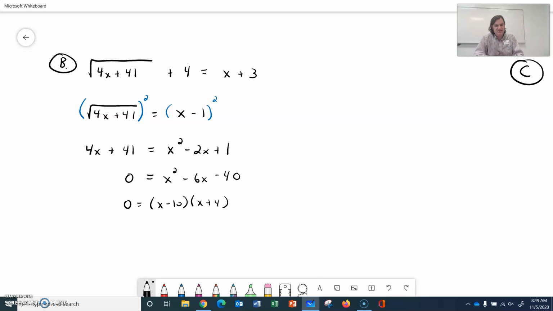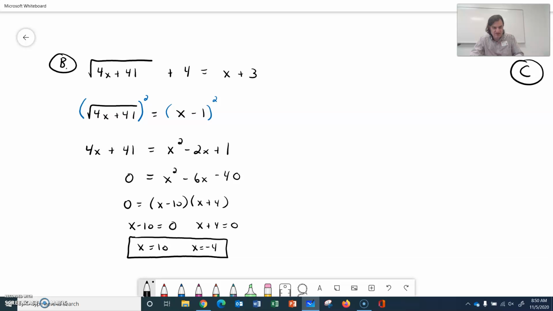Yes, but if it doesn't factor, you have the quadratic formula, and you could get some ugly answers. You could get some roots. You could get some imaginaries, which is why the key is to try and check them. We hope you don't get anything too crazy. But I get x equals 10 and x equals negative 4 for solutions. But right now they're just potential solutions, so let's check them just at least to make sure they